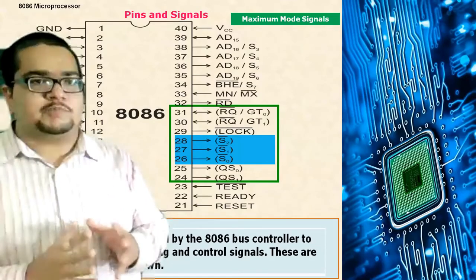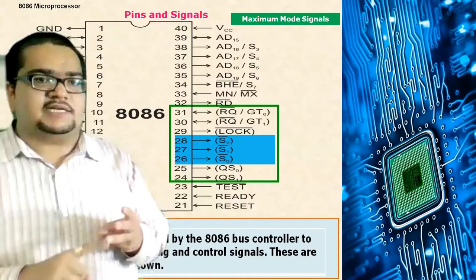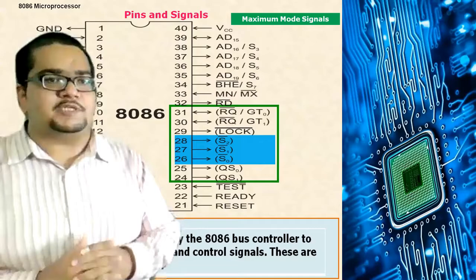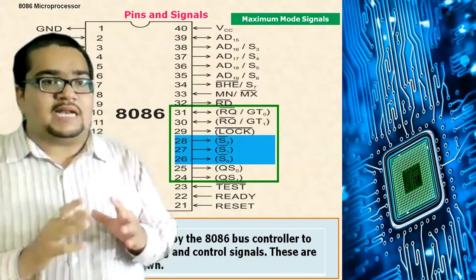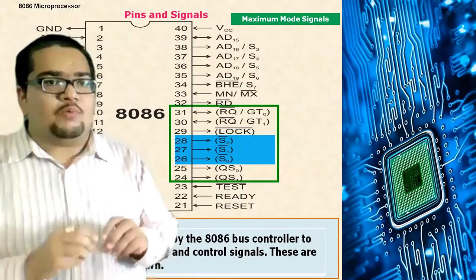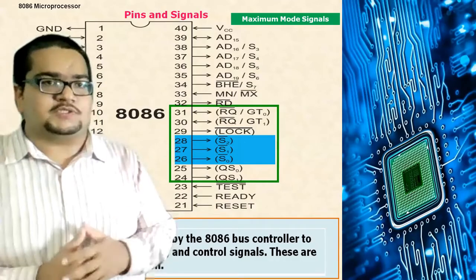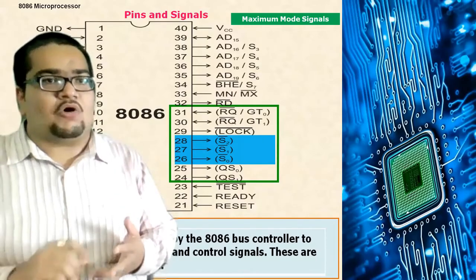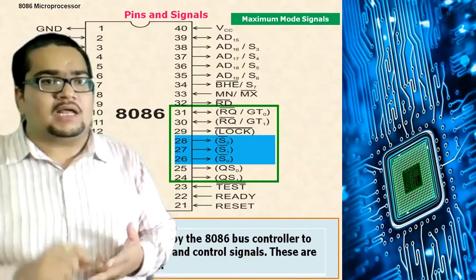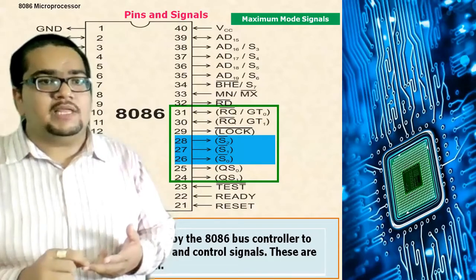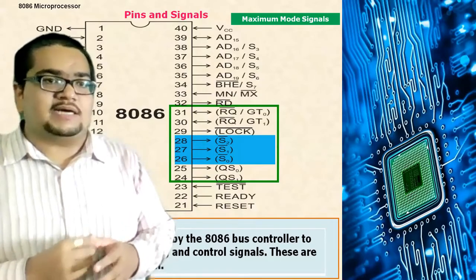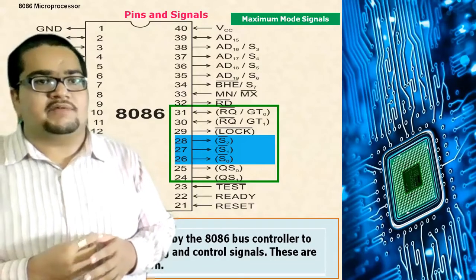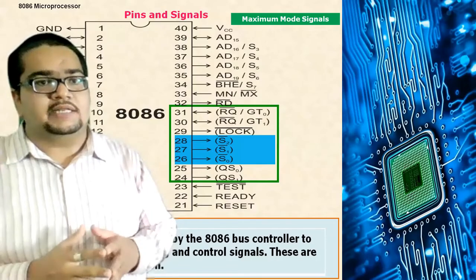Now why I told you about this bus master is that these 3 status lines, S0 bar, S1 bar and S2 bar, are given as input to the bus master, such that the bus master can understand what exactly is going on in this particular processor and what this processor wants to do. So whether it wants to write the data or read the data, and if it wants to write, whether to the memory or to the output device, or if it is reading, whether from the input devices or from the memory devices, or whether it has to indicate the interrupt acknowledgement.